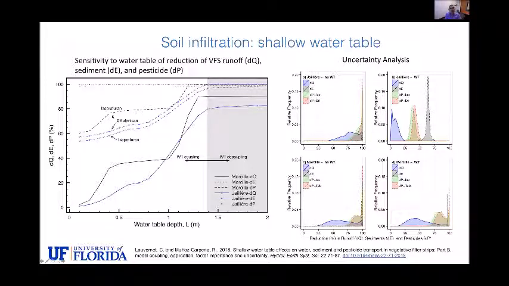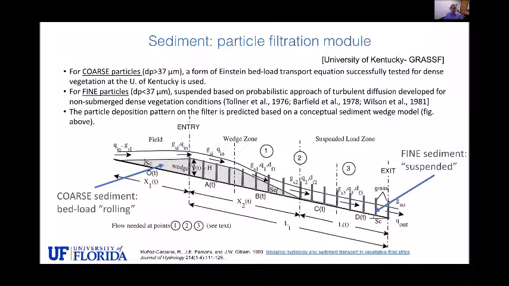In the center here, we have 3 lines for different types of chemicals, more salt, less salt, and you can also see that there is sensitivity to the presence of a shallow water table from about 50% to upwards of 90% on the best condition for this particular site. So there is indeed sensitivity in trapping efficiency as incorporated by the shallow water table conditions. Now, in terms of sediment, the model uses what is called the University of Kentucky